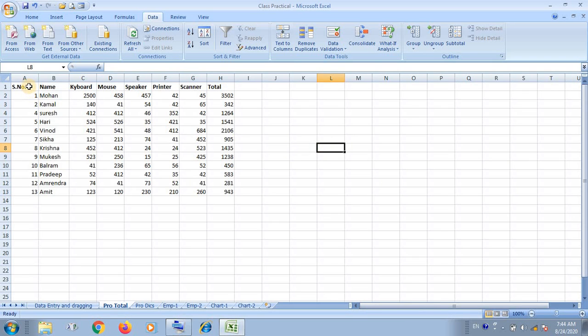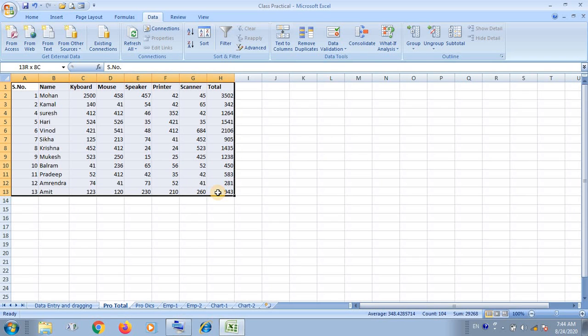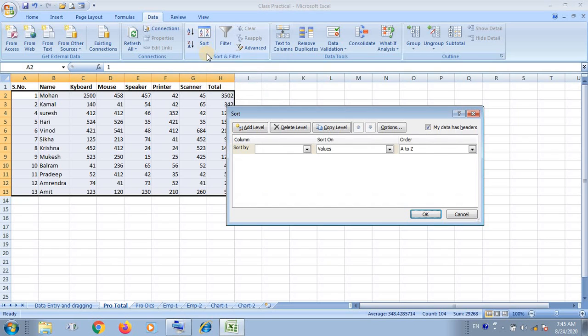After this, if you want to sort the list of data, it is given in the data option. You have to click on the sort button and you will find the levels. Suppose I have to make the list in alphabetic order of the customer.